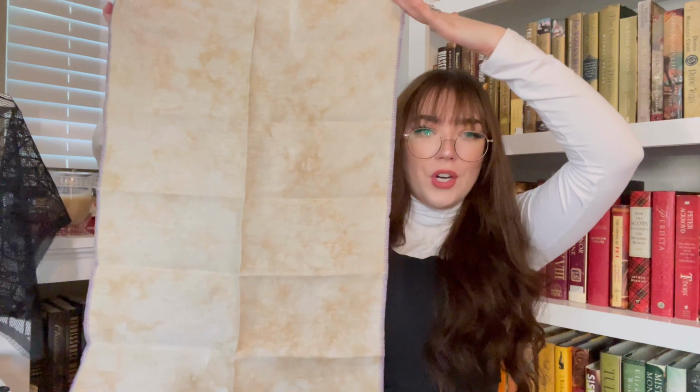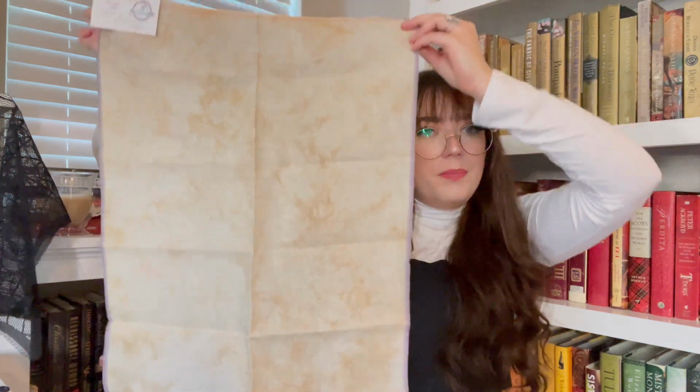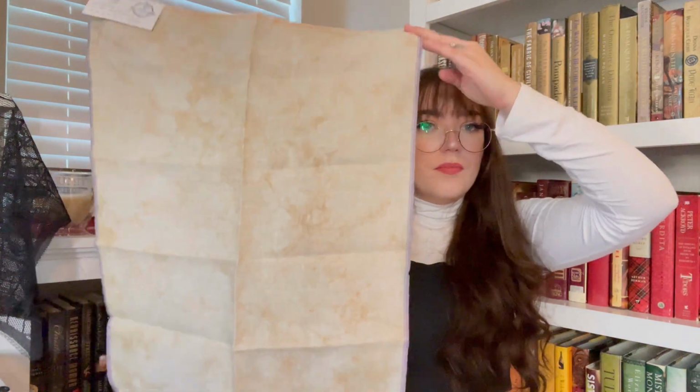So it is, I believe, a piece that you can get all the time, but I really like this. I think it'll be perfect for a sampler or for a Halloween piece, a spring piece. I wanted to kind of bulk up my 36 count stash because it is really what I'm finding I like best, and I can see without any magnification. 40 count I can see okay, but I've noticed that I would prefer to have a little bit of magnification,